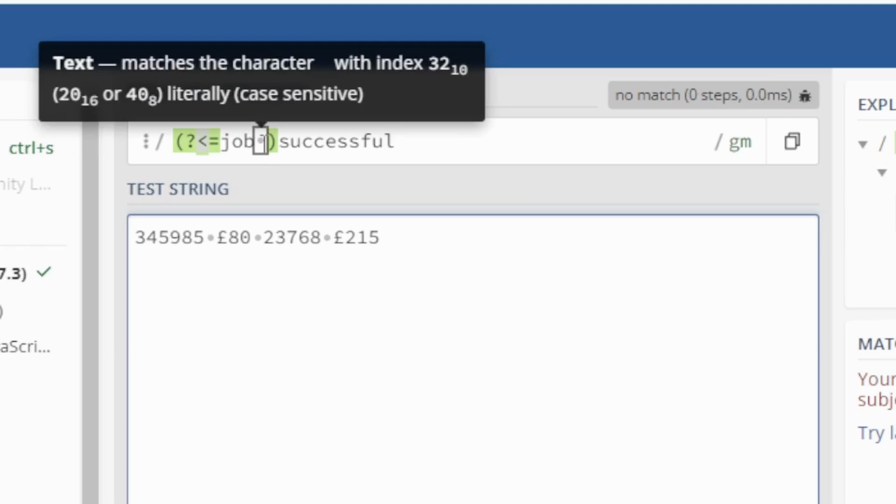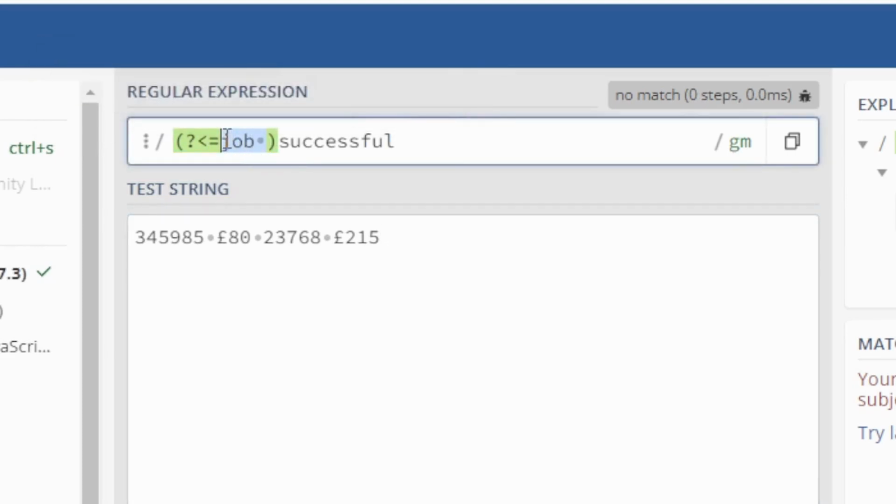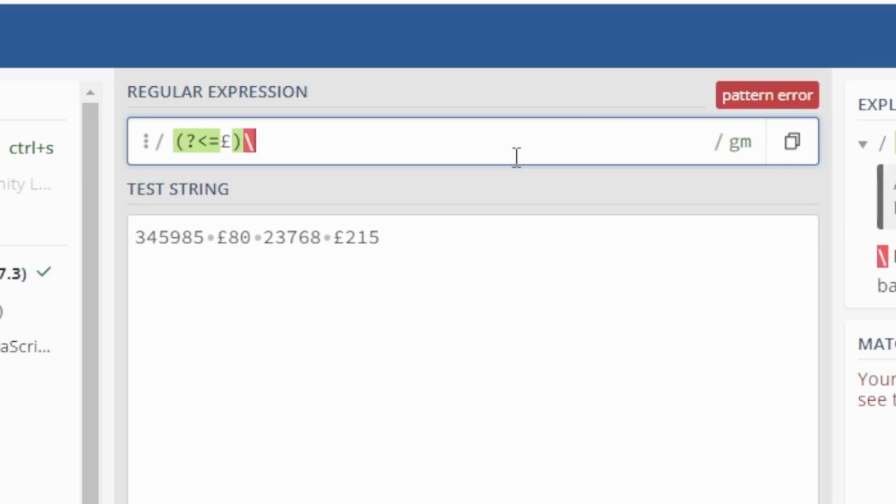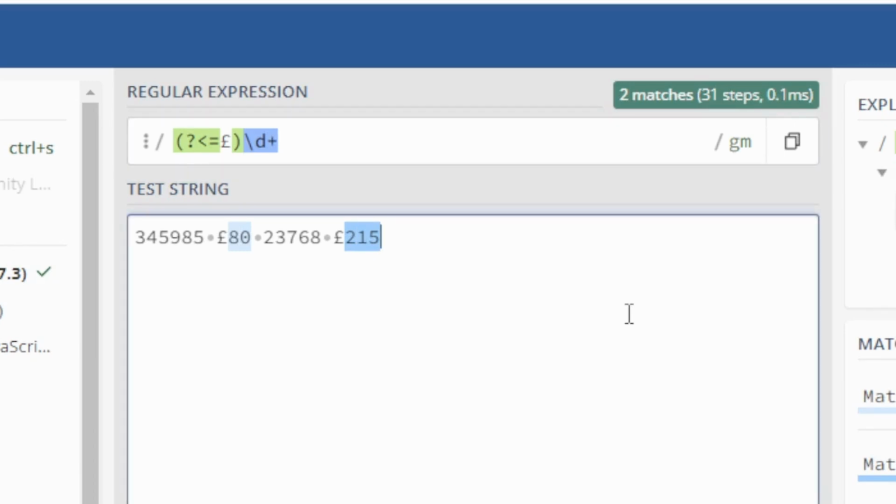The way that we can do this is to use the positive look behind and say we want to look at a pound sign. So for me that's shift and 3, it may be different for you. And what we want to use here is what we went through before. So that would be \d and then plus. What will this do? Well, it will pull out the monetary values that I want. So that would be